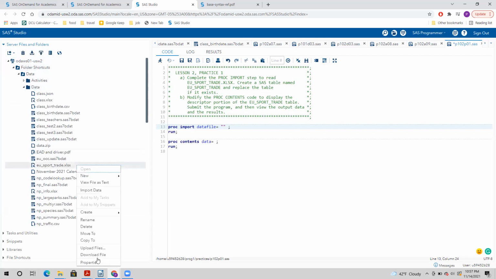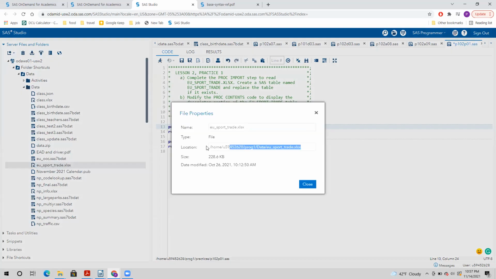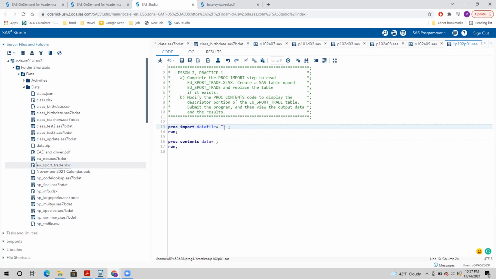That I understood. Wait, let me just do it again. For proc contents, we don't use the Excel file, right? Anyways, I'll have to use the SAS file. That's what I was telling.